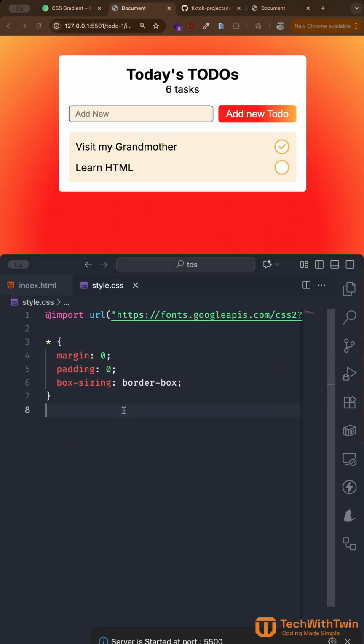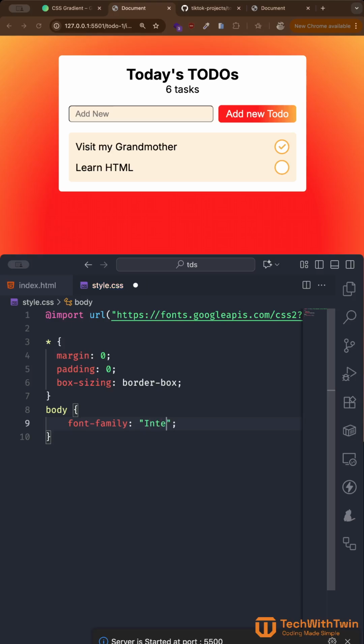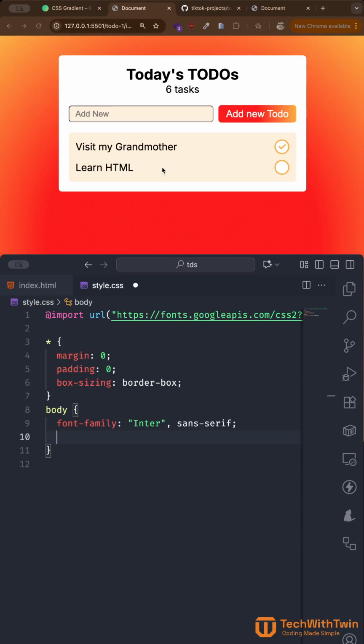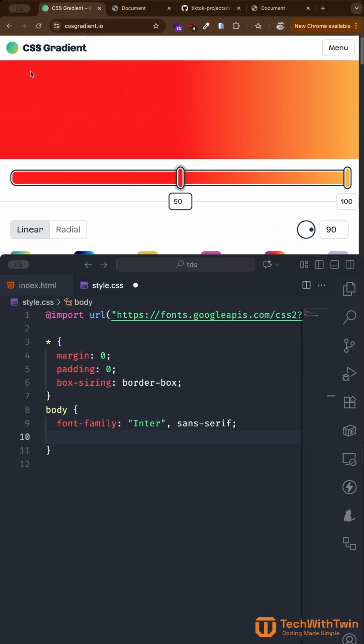The next thing is that I'm going to grab the body. So you can grab the body and say font family, then enter. Then as a fallback, we use sans serif. Something else now is that you can see there's a very nice background gradient. To create a gradient, you're not going to create it by hand. We're going to use an online tool. This online tool is called